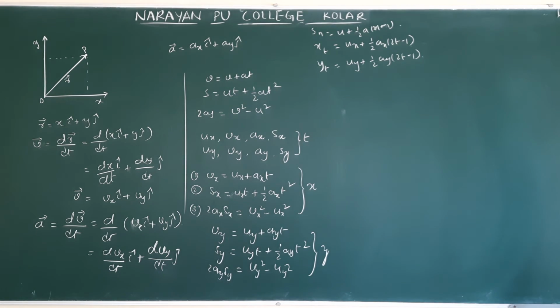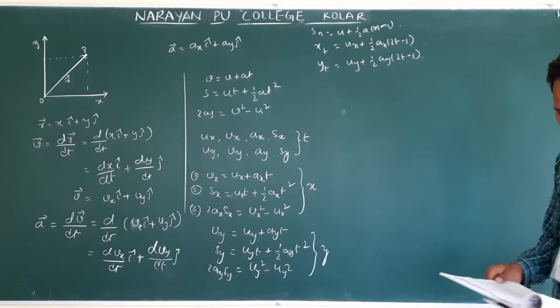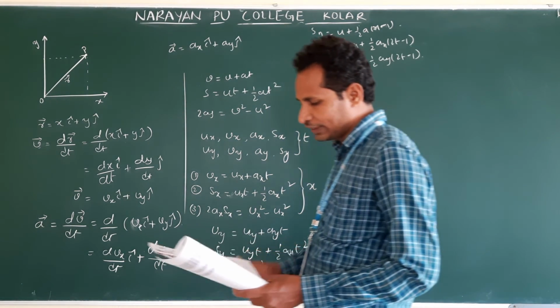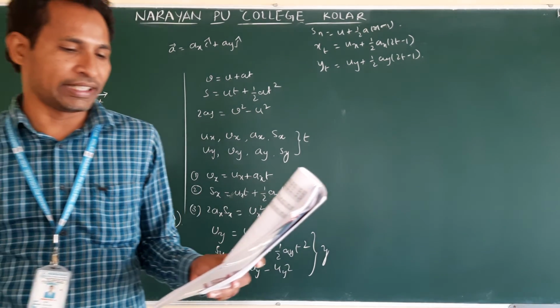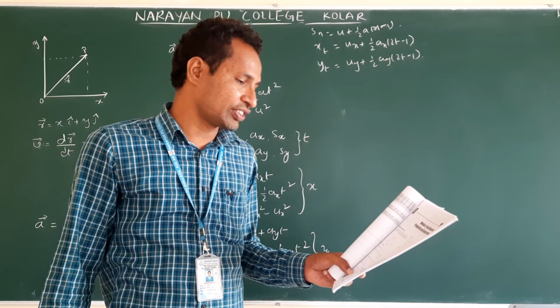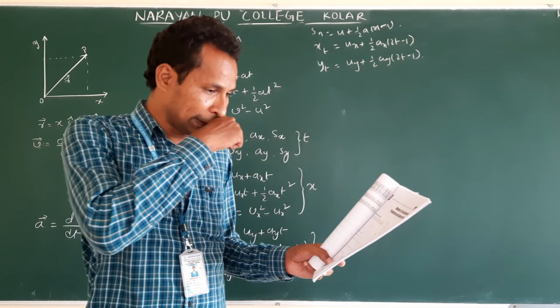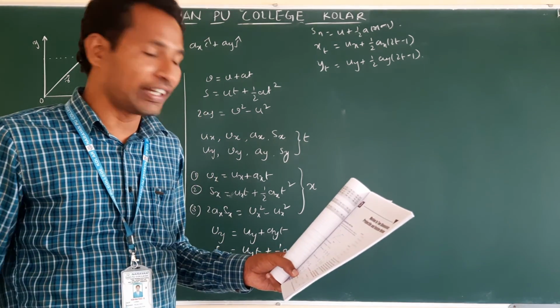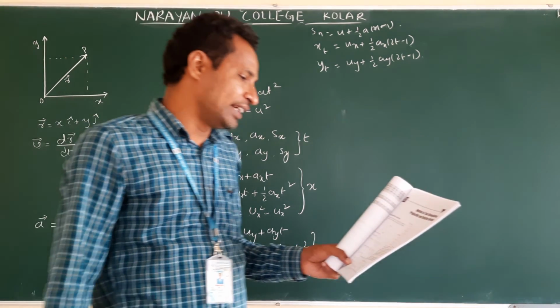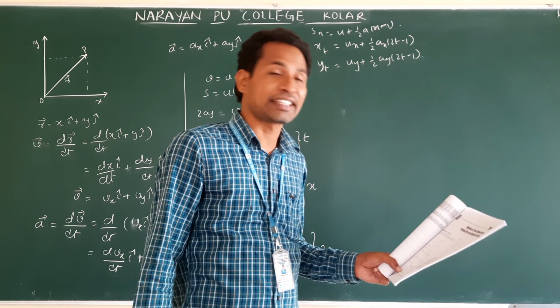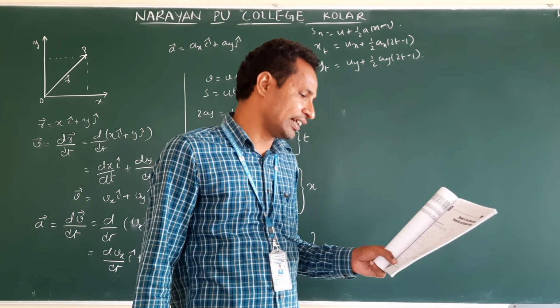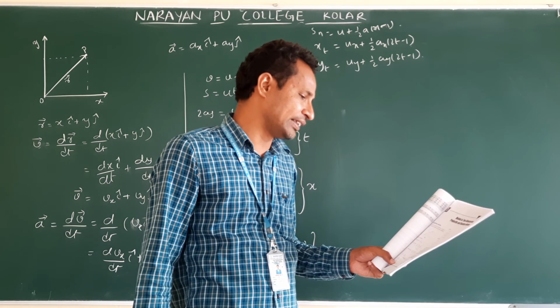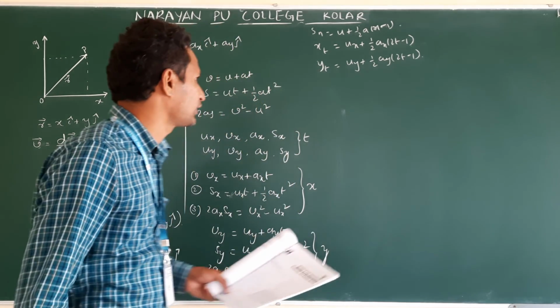Okay, so these are the equations. Next, the given values. See here, the given statement very clearly. When a particle is moving in a plane, treat each direction separately. While analyzing the x direction, forget about the y direction. While analyzing the y direction, forget about the x direction. Understand? If a velocity or acceleration is inclined to any axis, break them into components.